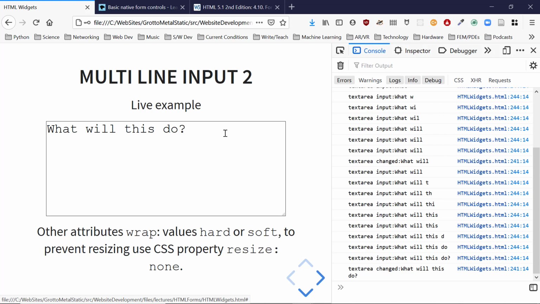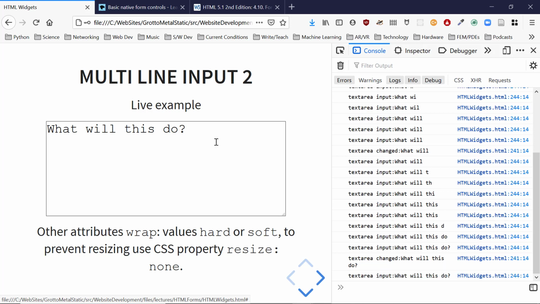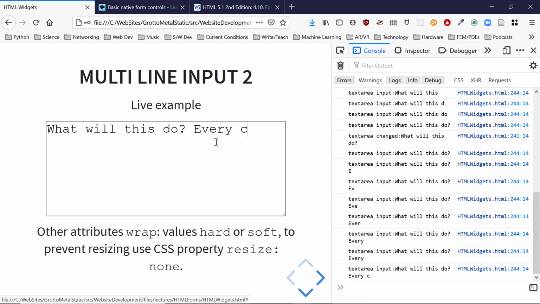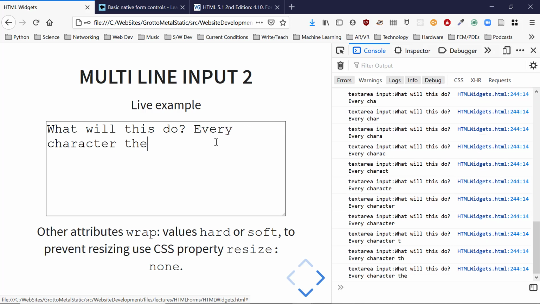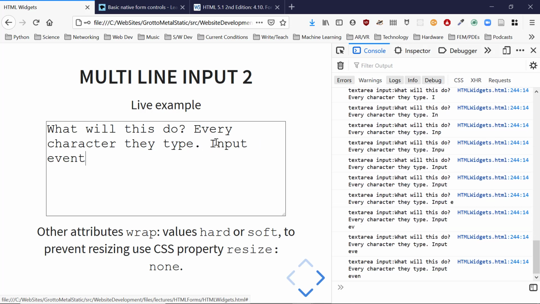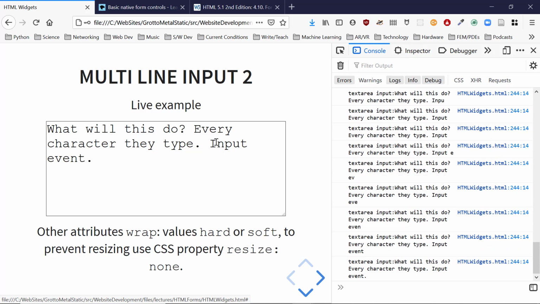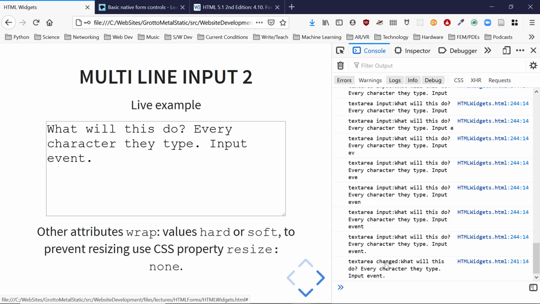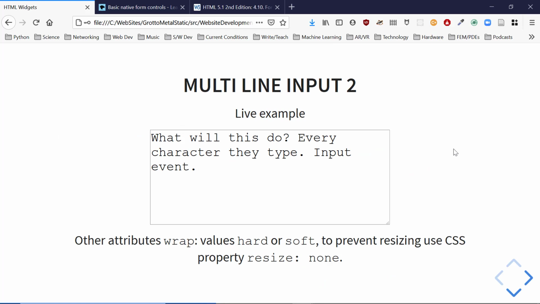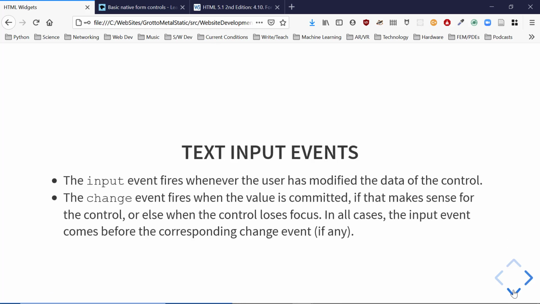So, if you want to wait till they leave the control, you listen for a change event. If you want to know about every character they type, you want an input event. See all these input events, okay. I clicked outside and I get a change event because we took away the focus from it. Okay, so we get events. We can listen for things. Then we can go take actions. Okay,